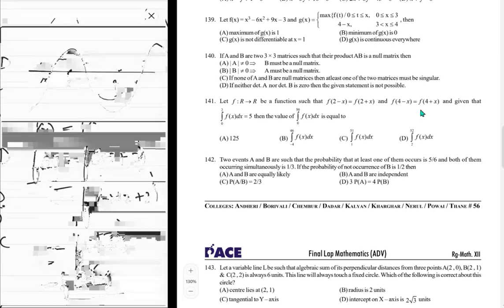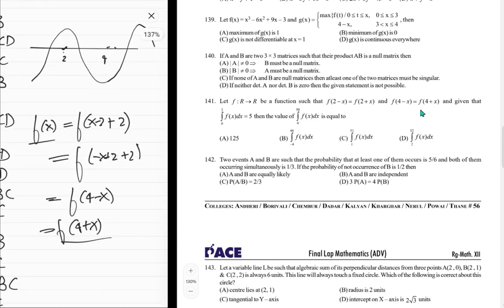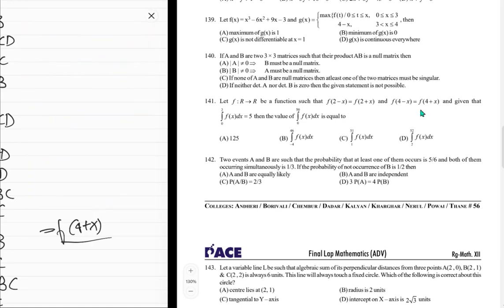And it does look like इसका फंडामेंटल पीरियड 4 है बिकॉज यहाँ पे 2 काम नहीं कर रहा. It's a periodic function with a period 4, we are done. मतलब ये जो पूरी गंदी सी चीज अपने को दी हुई है, we just cut down everything, so just integration of 0 to well